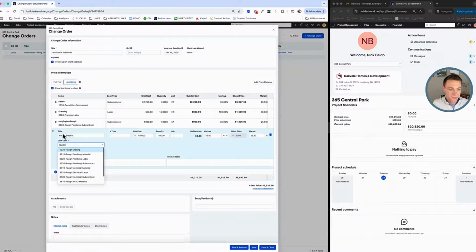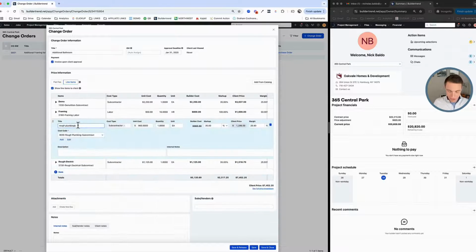Rough electric, similar. Subcontract. I'm not going to do all of these. We'd certainly have tile. We'd have drywall. We'd have almost like a little project, right? We're doing a whole bathroom. All right, let's do